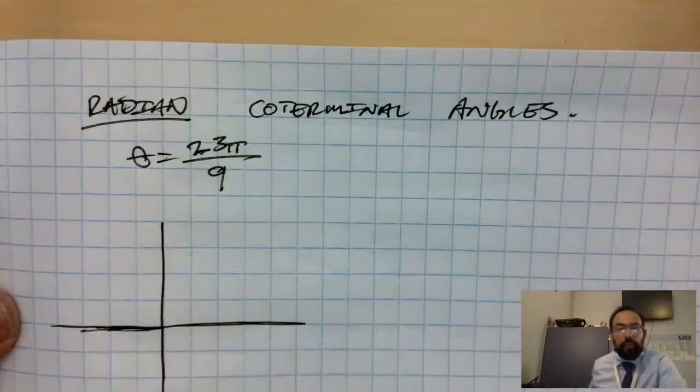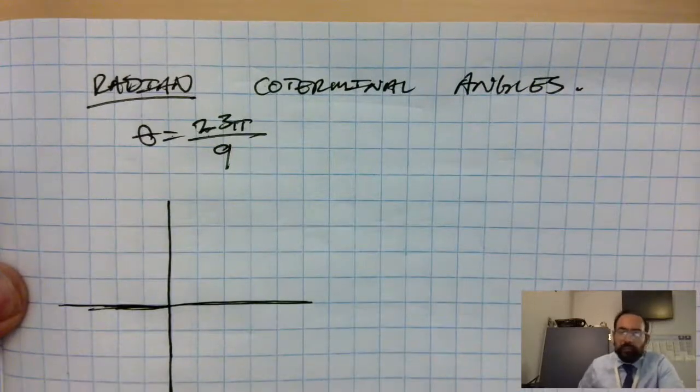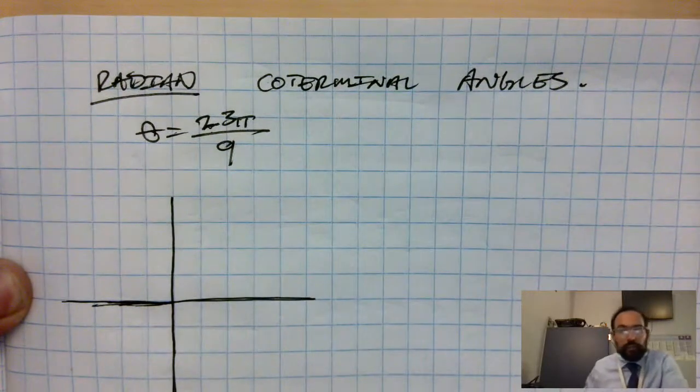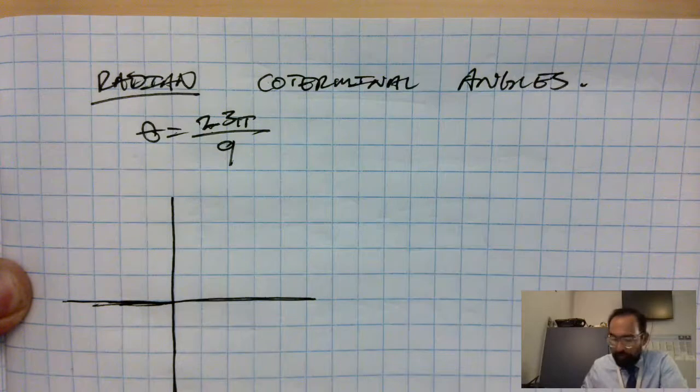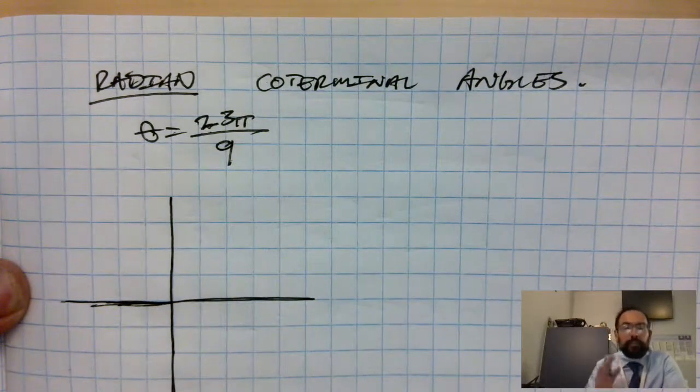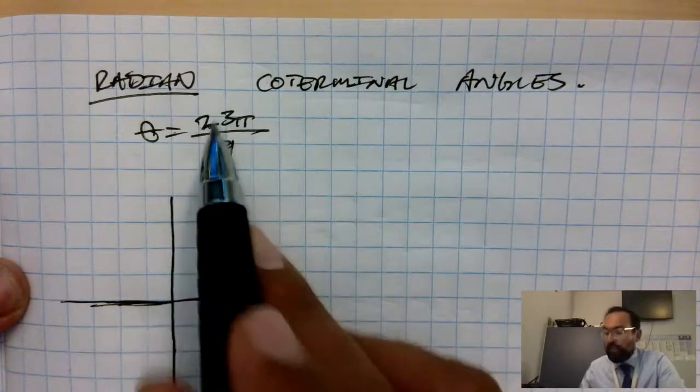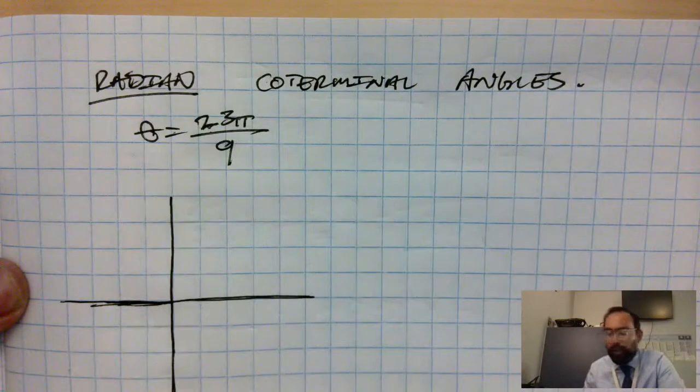Alright, so now we're going to move on to radian coterminal angles, and this is where we'll end the day. To find coterminal angles for radians, there's actually a couple ways to do it, but I'm going to show you the graphic way. So how to do this with a graph. What we want to do is sketch this angle first. So to sketch 23 pi over 9,